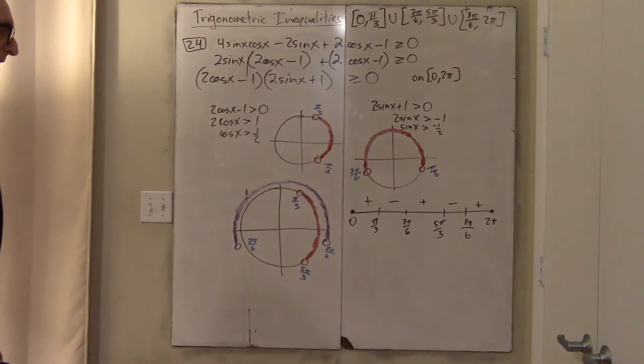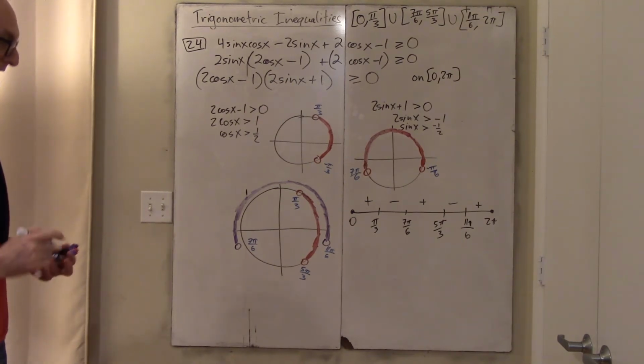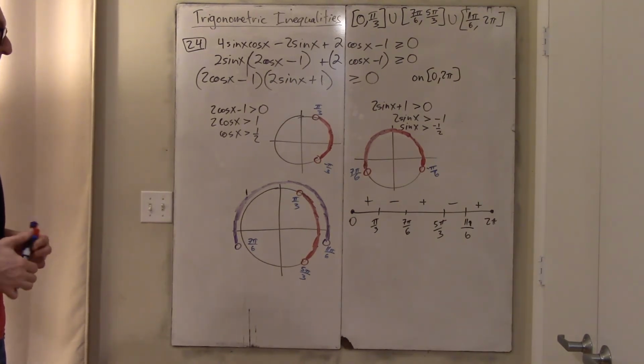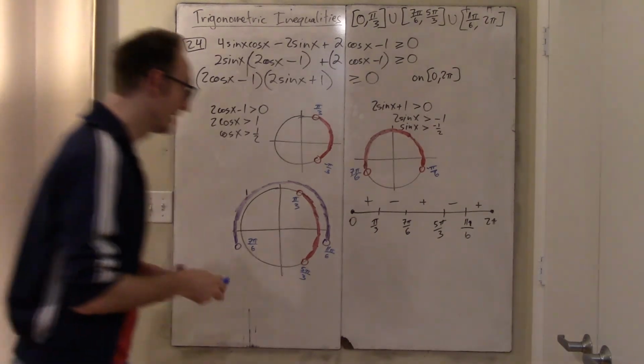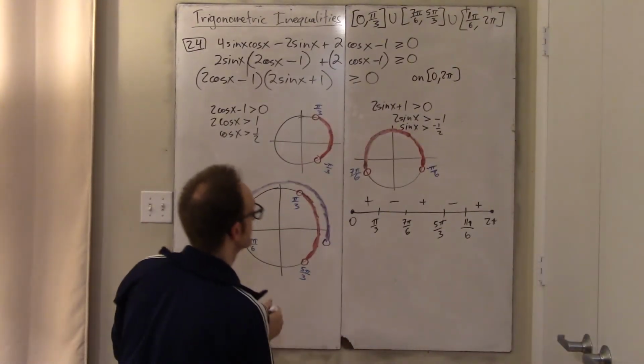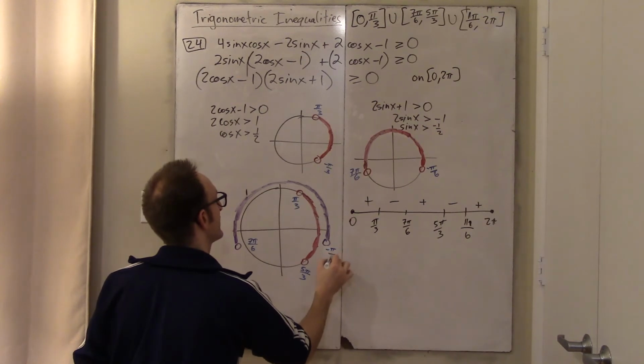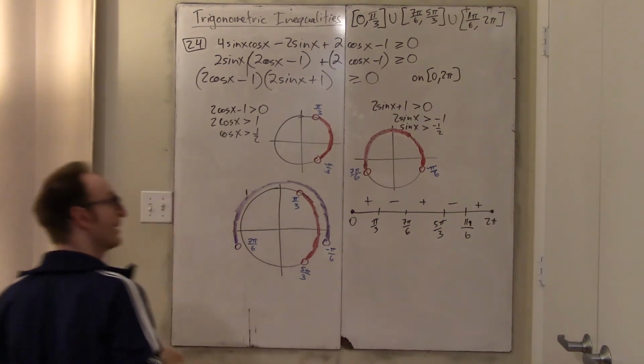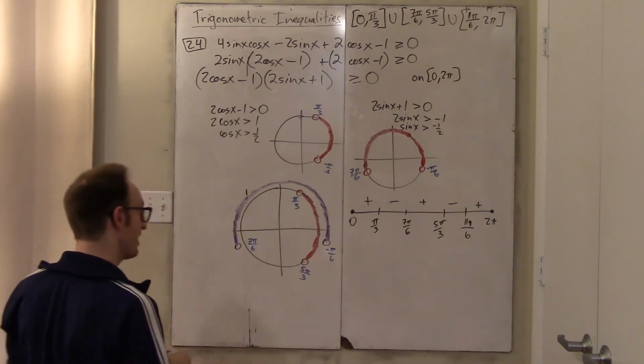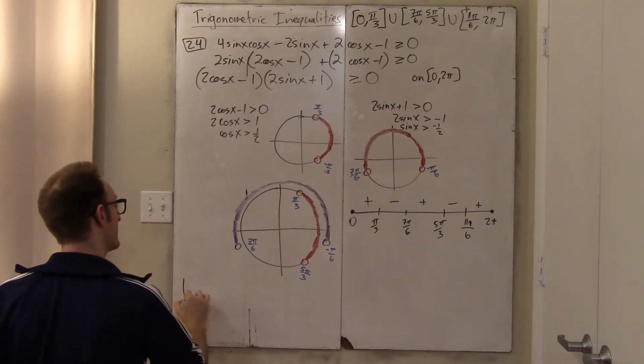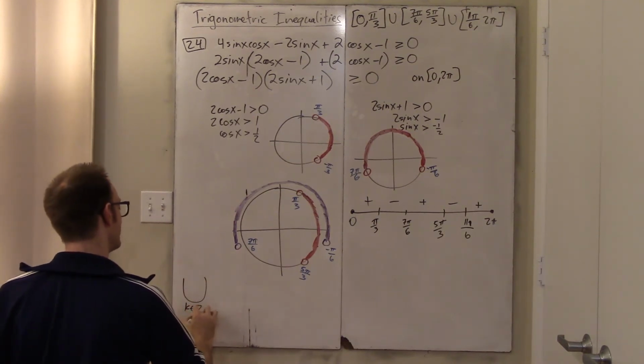Okay, if we want the full answer in total generality, then I might say the following. I might do it like this. Call this negative pi over 6, and then I would probably start there. And I would say, all right, what is the real answer to this problem? It's everything from